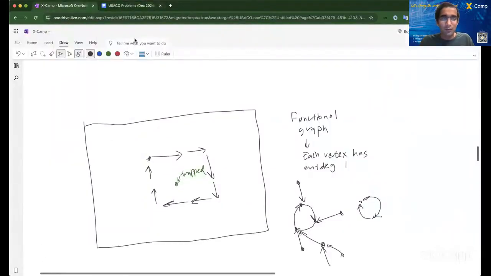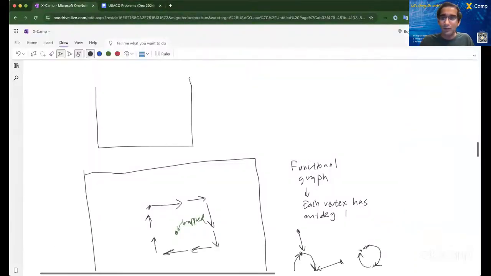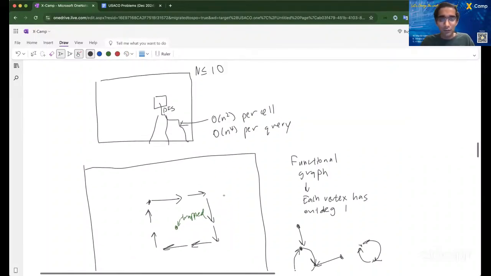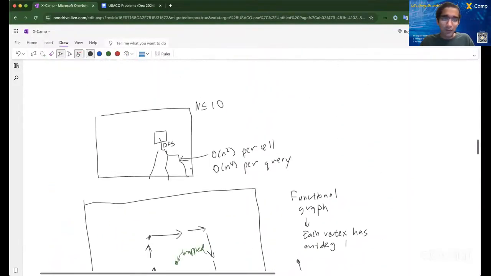So I guess for n up to 10 or something, you can do something like you start from each cell and then you do DFS and then see if you reach the outside. So this will be like O of n squared per cell. So then if you multiply this by n squared, this will be O of n to the fourth per query. Yeah, I did think of this when I was doing the contest too, in the beginning. But then you can realize that